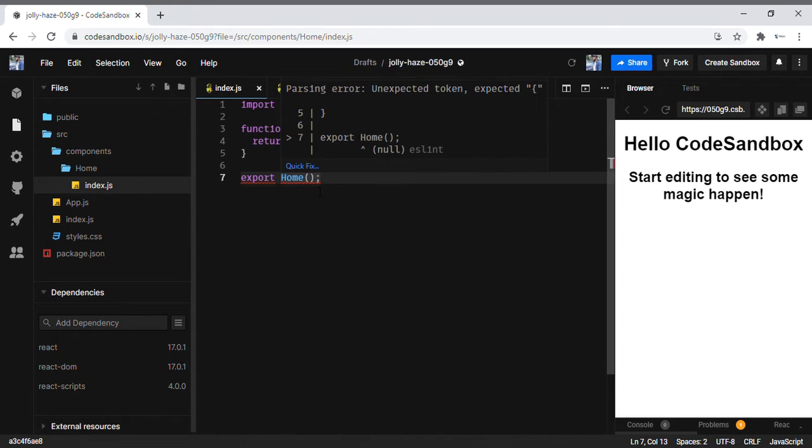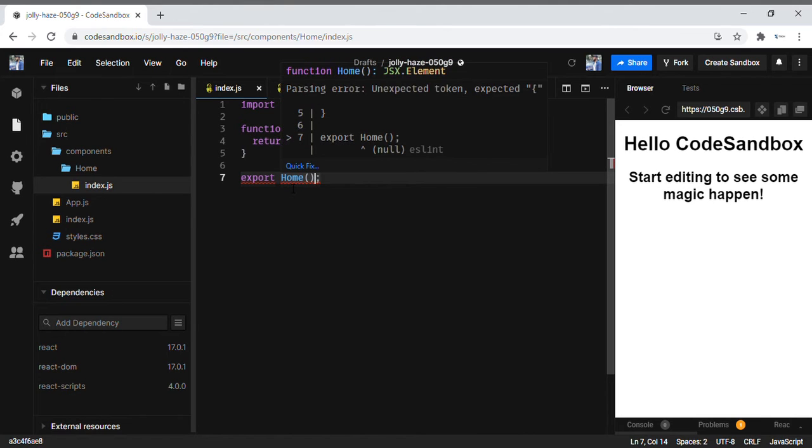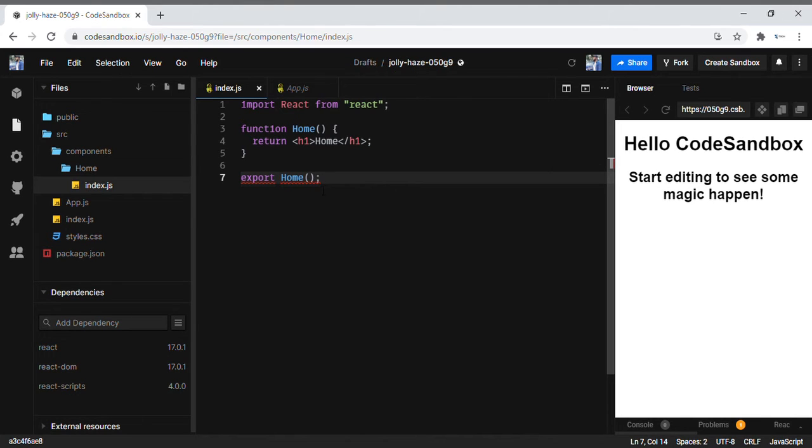So let me help you resolve this issue. Instead of exporting it below, what I will do is put the export straight away over here. Before the function itself, we can give the export keyword.